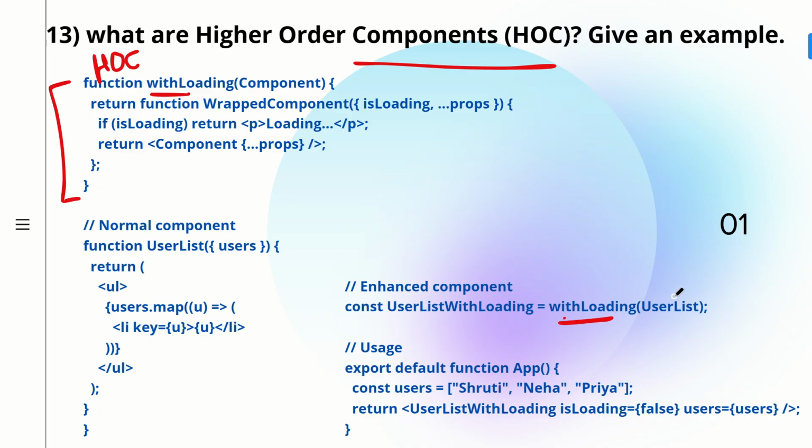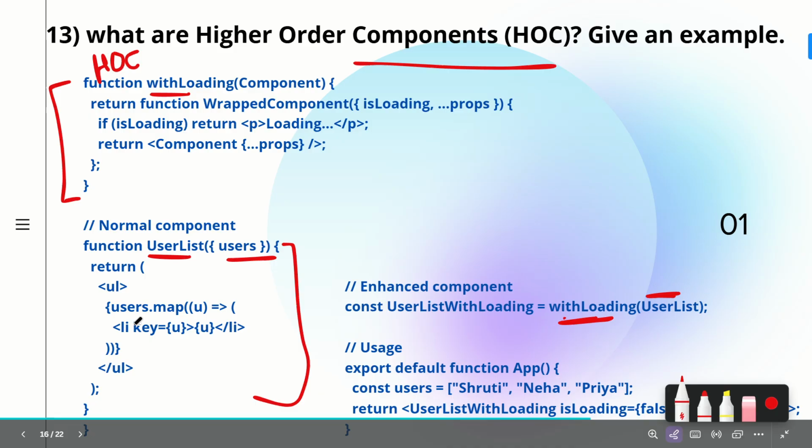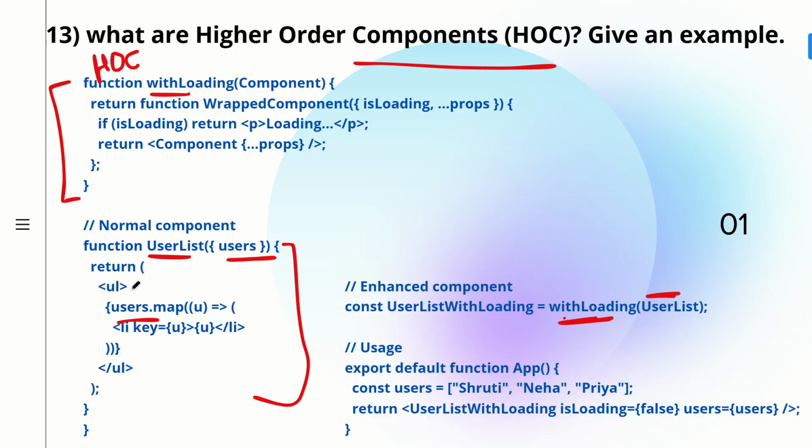So in withLoading, what are we passing? We are passing UserList. What is UserList? UserList is a component. Let's try to understand it clearly. We have one HOC, called withLoading, and we are trying to use it for my component UserList. This component is just taking the users list and showing it in the UI one by one